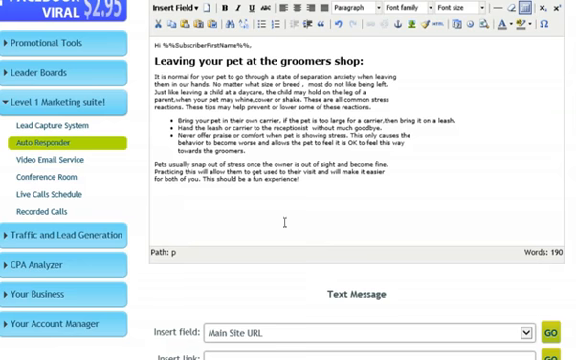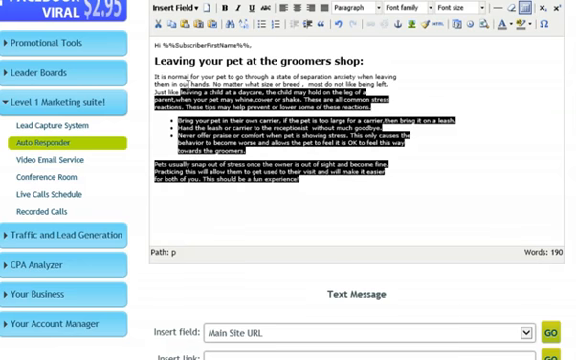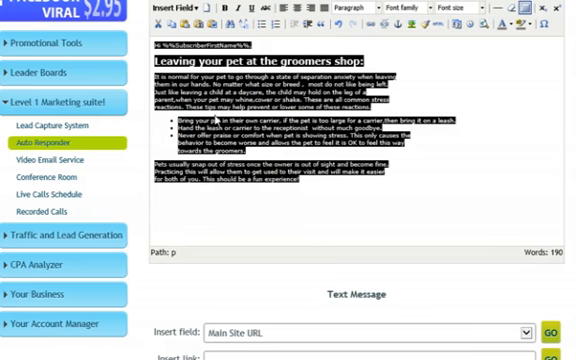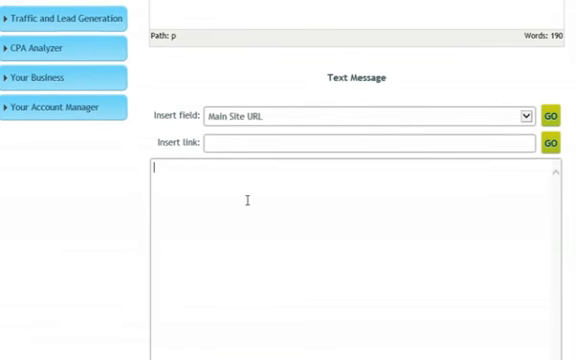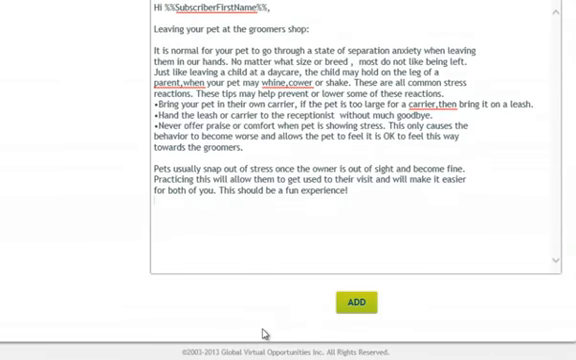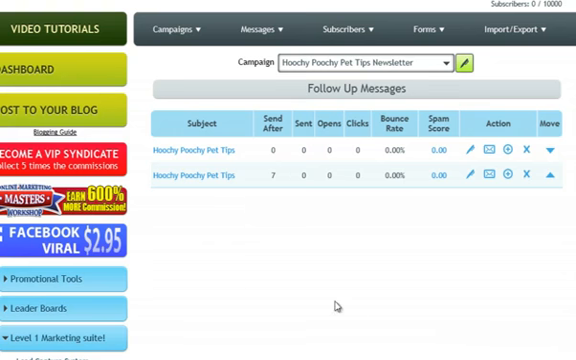Now let's go ahead and copy the content as we did before. Remember, we always want to copy it and place it in our text message. And now we're ready to click on add. Okay, we now have 2 follow-up messages in our autoresponder, and you could continue adding as many messages as you